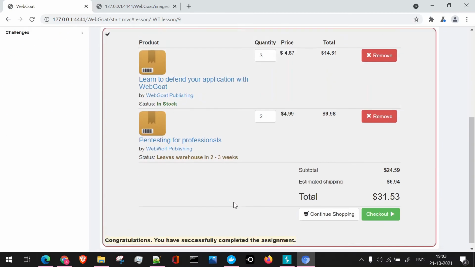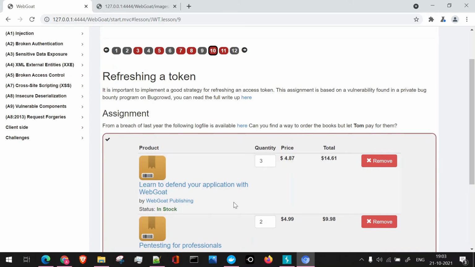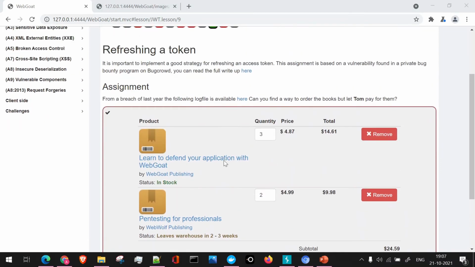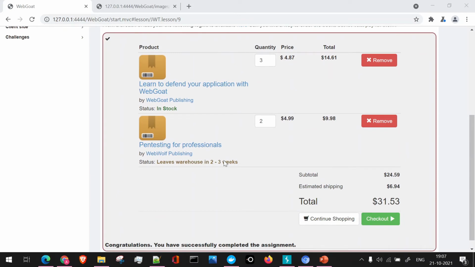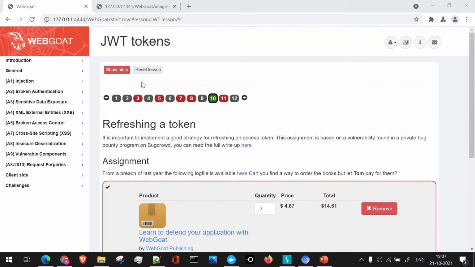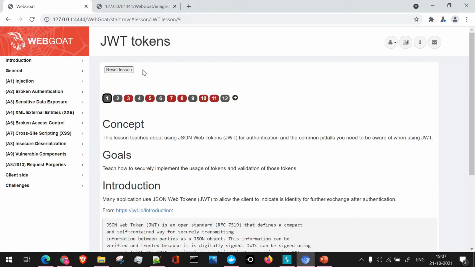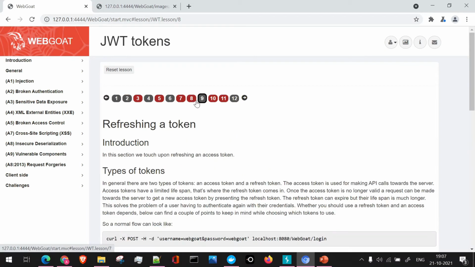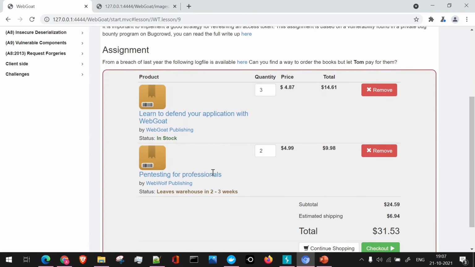Let's look into the second way how we can do it. As there is another way of doing it, let's do one thing. We'll just clear or reset this lesson, and again we'll navigate to the assignment which we have.